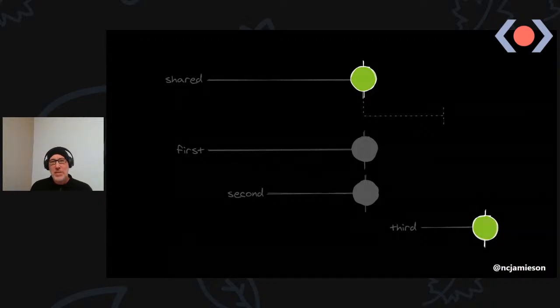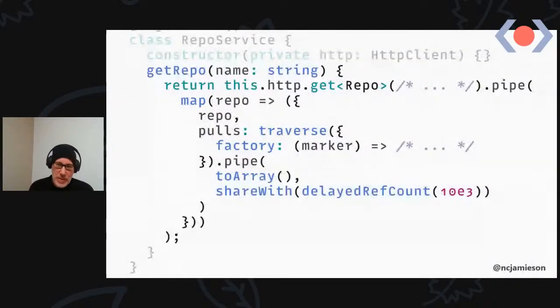So one of the other APIs that I've added to RxJS pluggables is called shareWith. shareWith takes a strategy, and there are a bunch of these strategies. This one is delayed ref count, so it does what we were looking at in the diagram. When the ref count drops to 0, it will wait for the specified delay period before it disconnects and reuses the subject, which means we can use this as a fairly basic case.